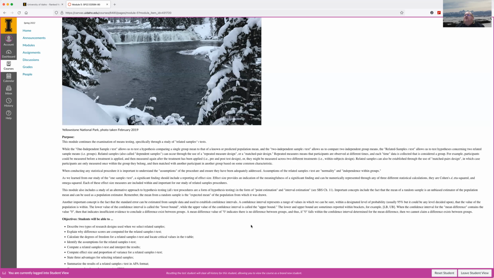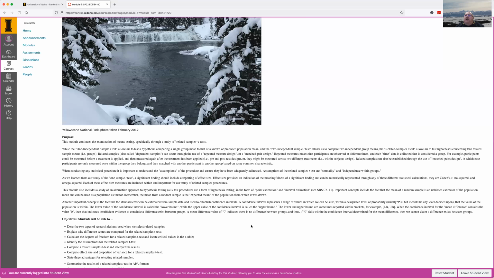Important concepts include the fact that the mean of a random sample is an unbiased estimator of the population mean and can be used as a population estimator. Remember, the mean from a random sample is the expected mean of the population from which it is drawn. Another important concept is the fact that the standard error can be estimated from sample data and used